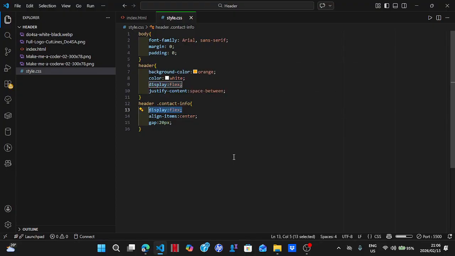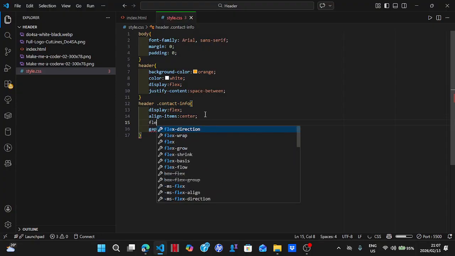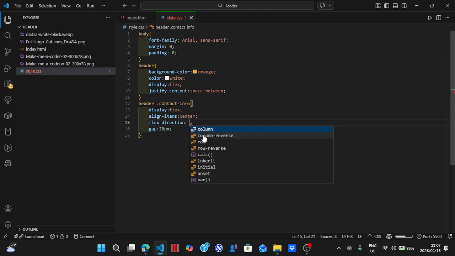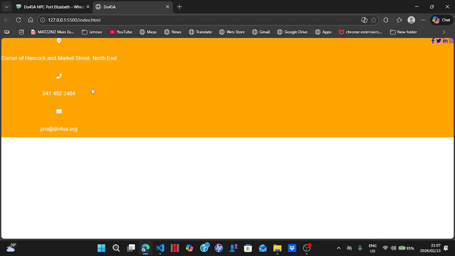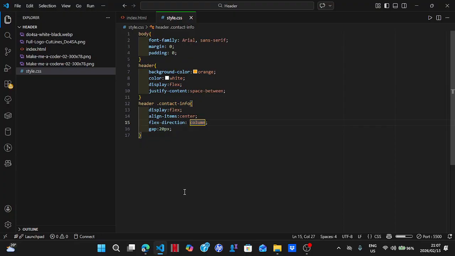So when you're flexing items, they just appear horizontal. But then when you set the column, for instance, let me just like this. So I can just say flex direction. When you add a flex direction, let's add a flex direction. So to column, meaning they will go vertical instead of horizontal. So let me just do this. See, that is column like this. But once I get rid of the column like this,